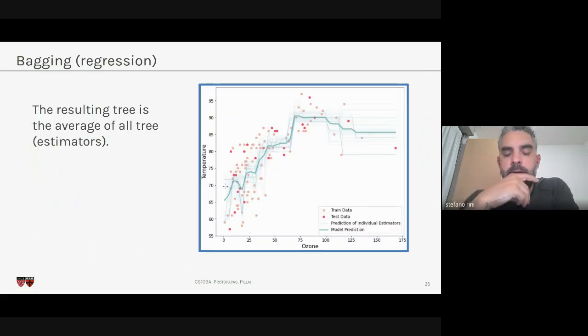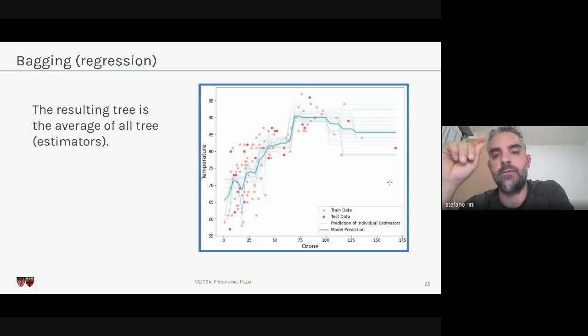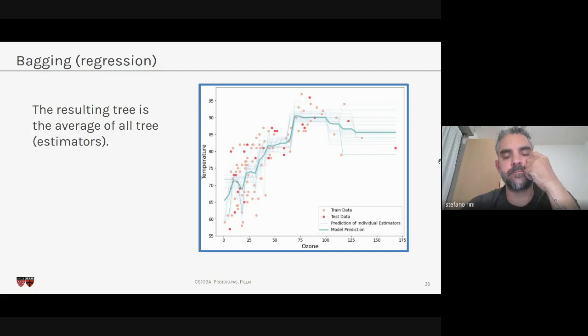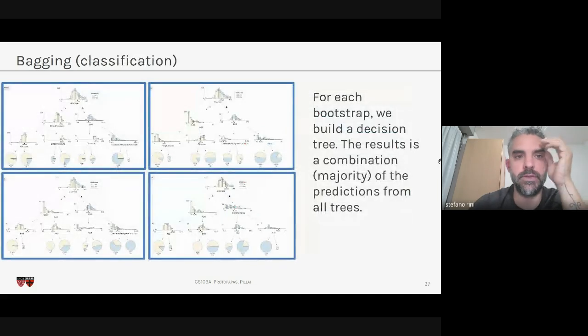Okay. So now we look at the regression problem, right? You see here that we have the data set with the light and dark red points. Then we have all the trees in the ensemble that are the blue ones. You see that the boundaries are very sharp because each is a shallow tree, right? So the predictions jump very much from one leaf to the next leaf. But then, of course, if you smooth things out, if you take an average of all of this, then the bagged model is smoother and produces a better prediction.